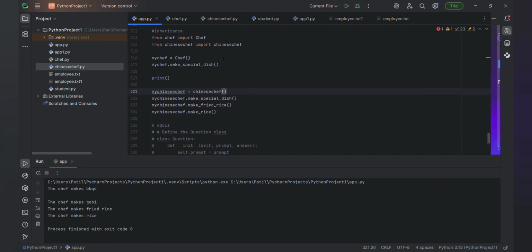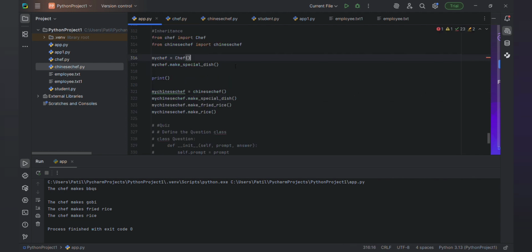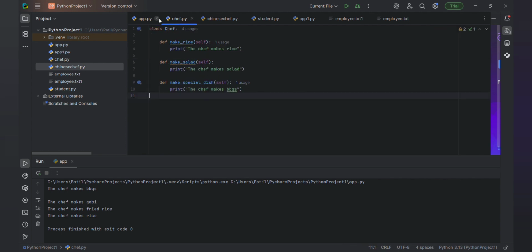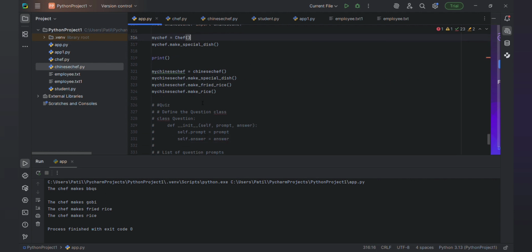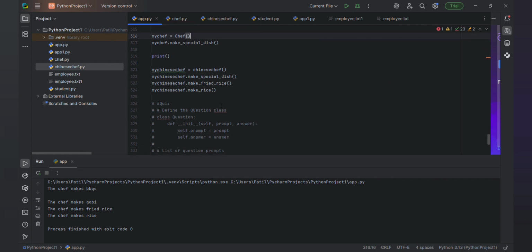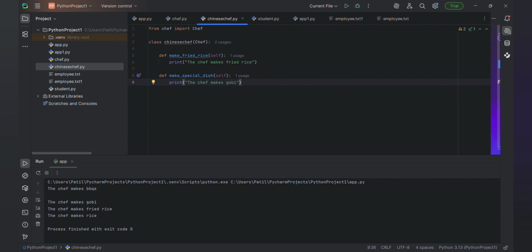Yeah, so chef, I am calling the chef function. From here it will come, make a special dish is BBQ, so it will be printed as BBQ. And the main important thing is inheritance. In inheritance, I am calling the Chinese chef function.